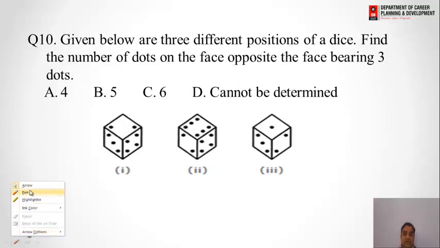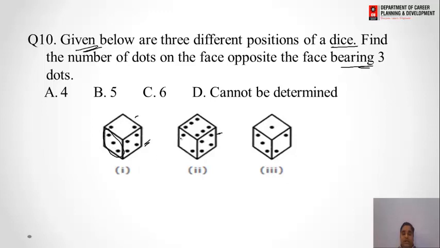The next question, given below are 3 figures, 3 different positions of a dice. Find the number of dots on the face opposite to the face bearing 3 dots. Now 3 dots shares its edges with 4 and 2, whereas 4 is adjacent to 6. 6 is in the clockwise direction to 2,